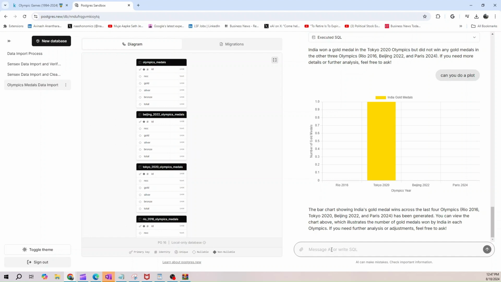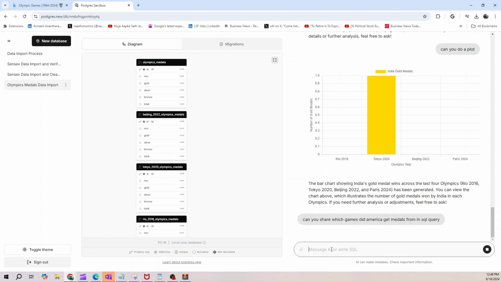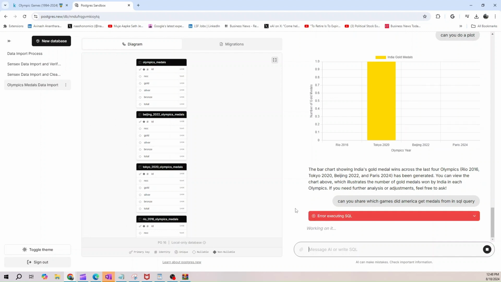And similarly, can you share which games did America get medals from in SQL query? Let's see if we can get this data. I don't think that data is available. Okay, so